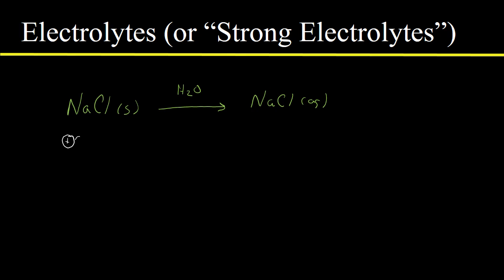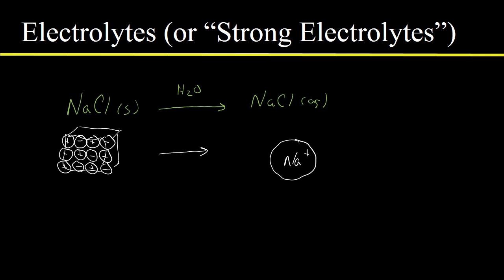Sodium chloride, of course, is an ionic compound, so it exists as an array of alternating positive and negative ions. So you've got this block. It might be a fairly small crystal, but even a small crystal is going to have millions of ions in it. And then when you dissolve it in water, the water interacts with this, and these ions are actually going to separate, so that the sodium ions